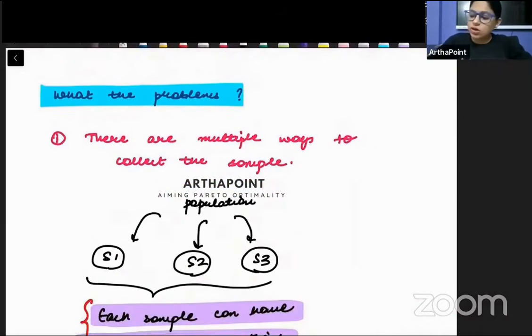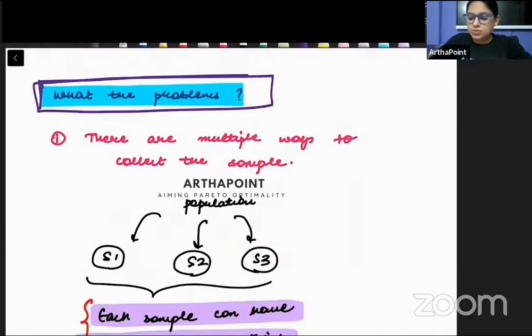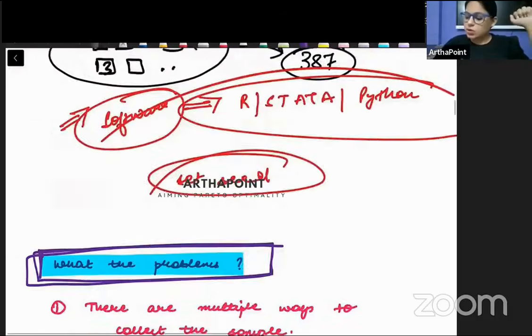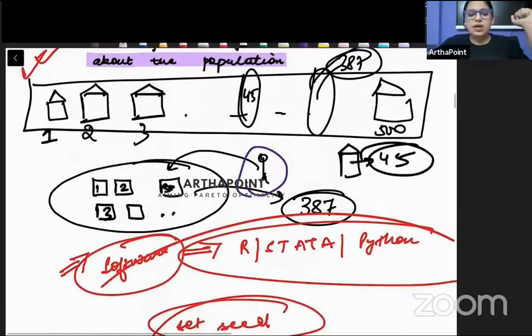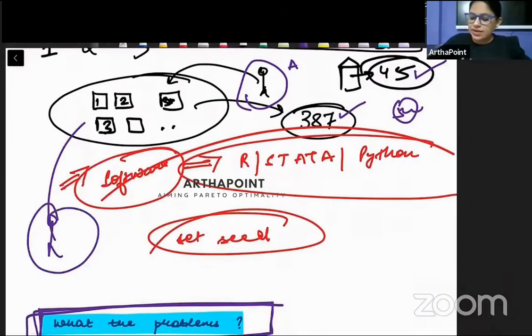Now क्वेश्चन ये आता है कि what is the problem when we use the sample? जब हम sample use करते हैं तो problem क्या आती है? What problem do we incur? The first problem that we incur is that there are multiple ways of collecting the sample out of the population. तो जैसे बेटा मैंने आपको बुलाया, हाँ, I called student number A, मैंने बोला अच्छा इसमें से बेटा 50 houses का sample collect करो, तो शायद आपके 50 houses होंगे, house number 45, house number 387, house number 500 and so on. But suppose I ask student number B कि बेटा collect इसमें से 50 chits निकालो and give me a sample.